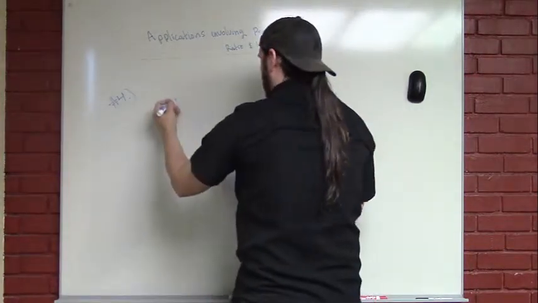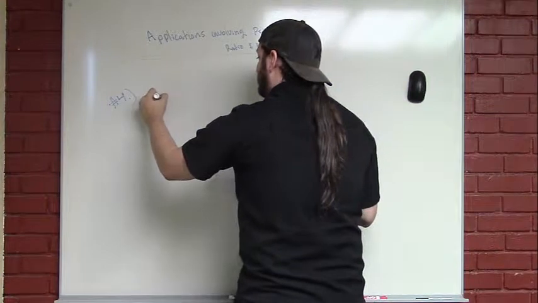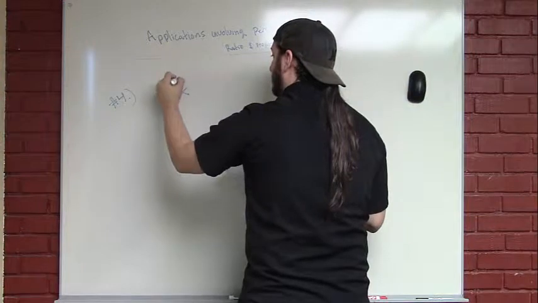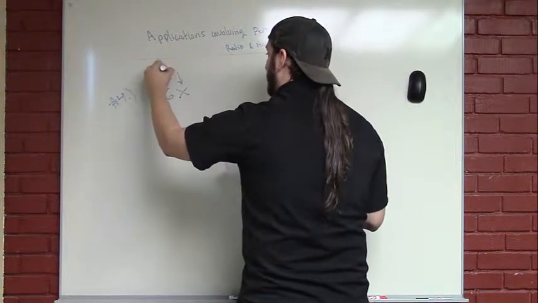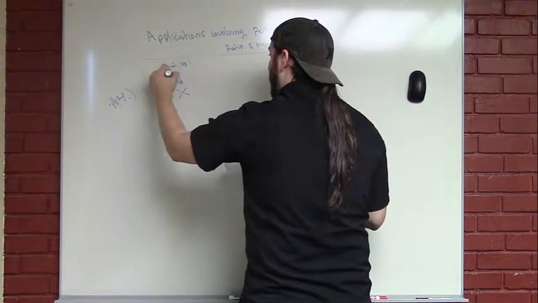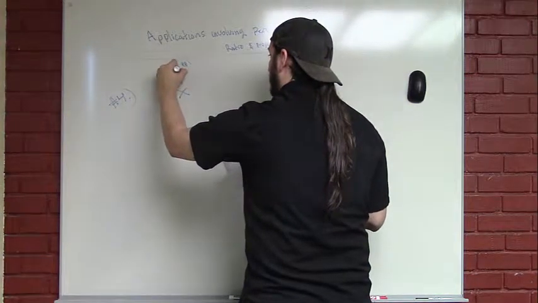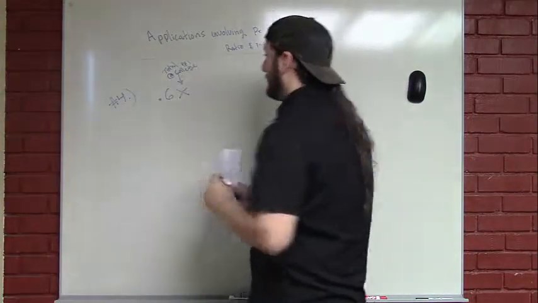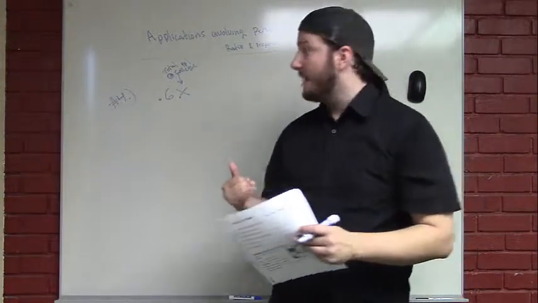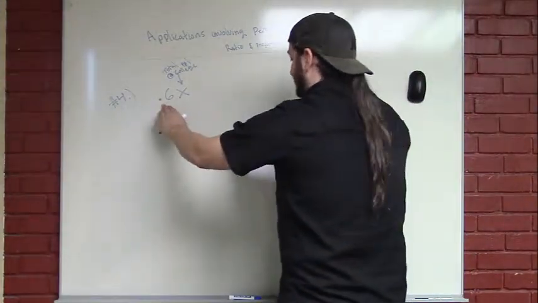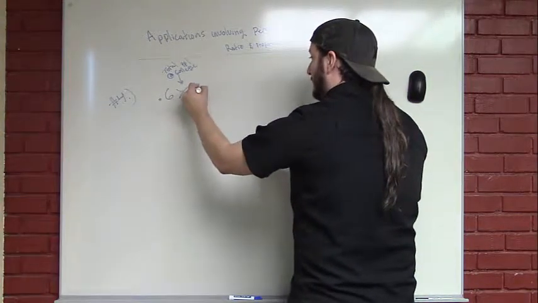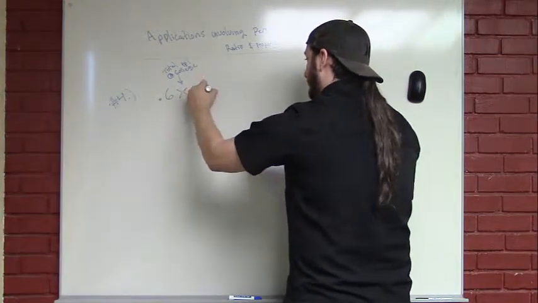Well, we can say 60%, which is 0.6, multiplied by the total people at the college. We don't know how many people are at the college, we just know how many females there are. So 60% of the total amount of students would equal